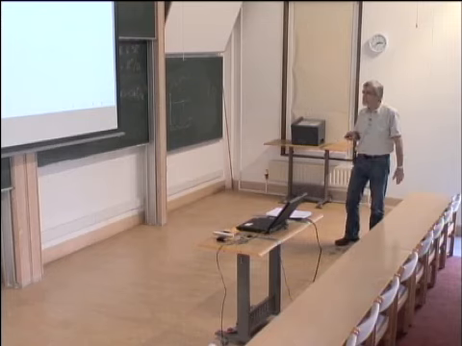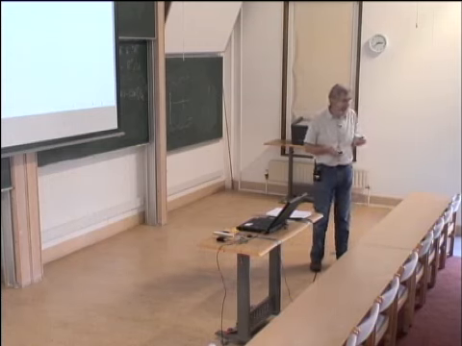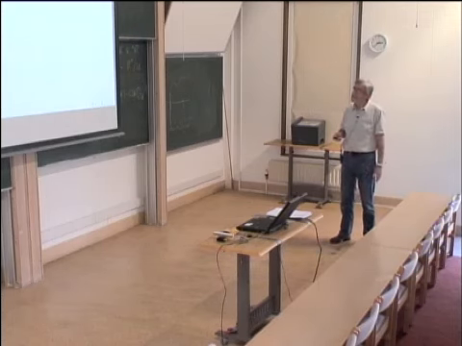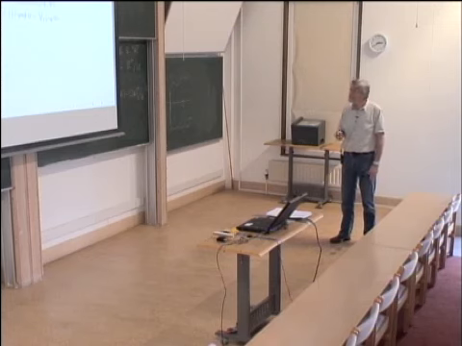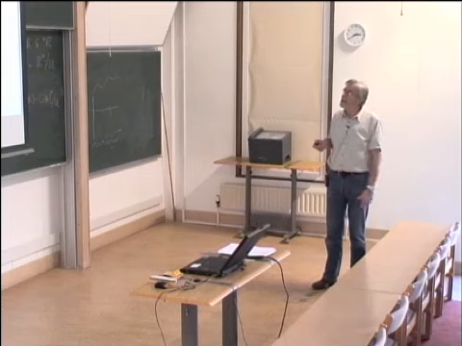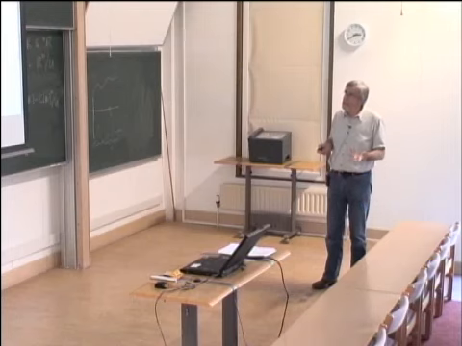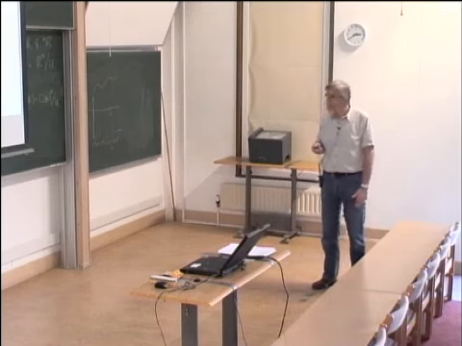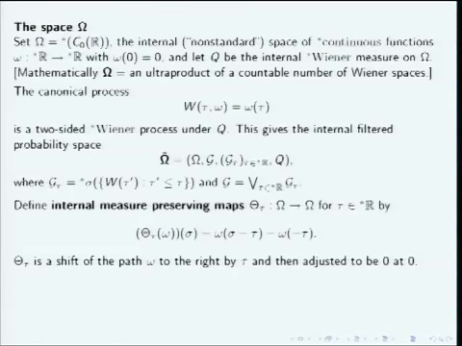So it's a two-sided Wiener process, except that it's a non-standard version of that. But a bona fide mathematical object. And when I say internal, by the way, internal simply means another word for non-standard. So in this non-standard arena, you have a probability space from that point of view, and you have the natural measure preserving maps at that level, which is simply the shift of the noise to the right.